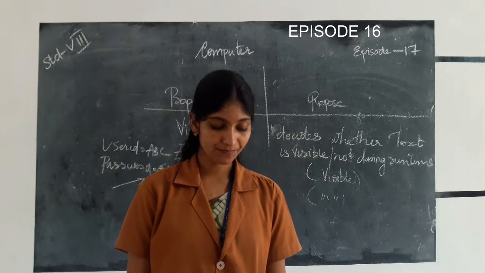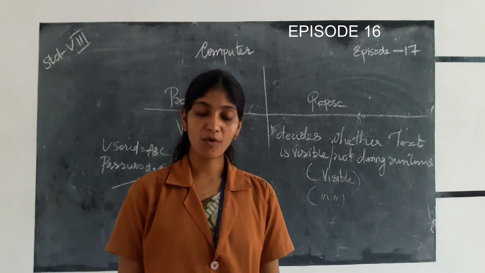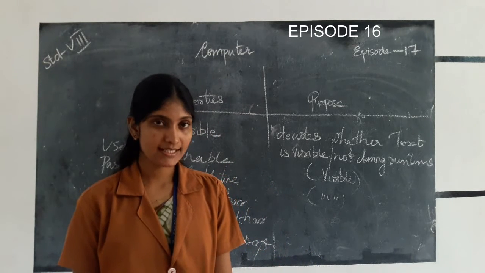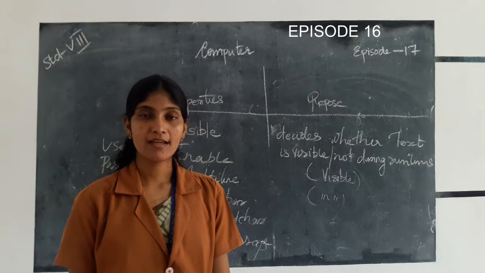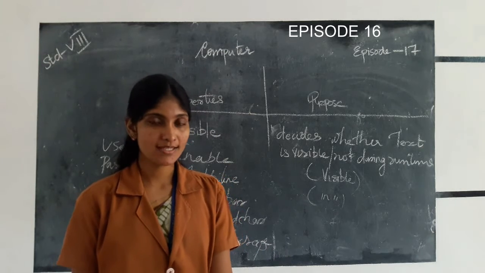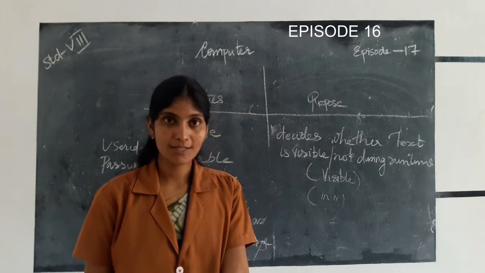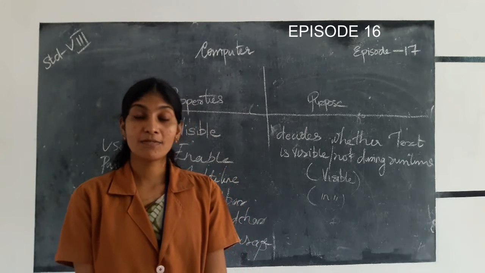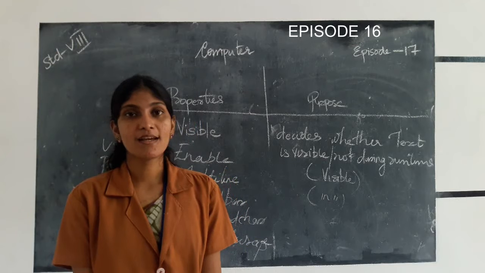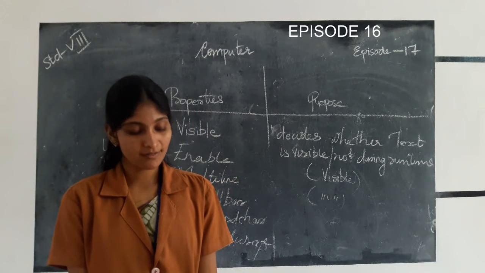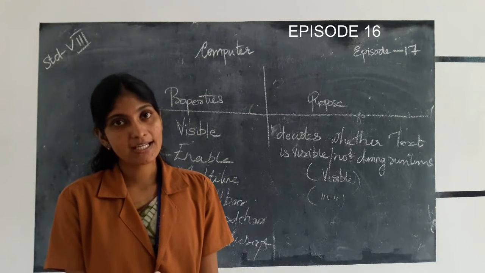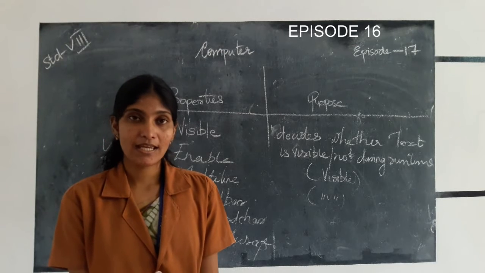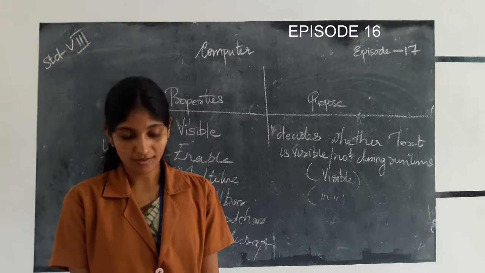Then font, it sets the font properties which you see inside the text box. Then next is fore color, setting a color for the text you entered in the text box. Then visible, if visible is equal to true, then the contents are visible during runtime, otherwise it will be invisible during runtime. Then enable, it decides during the runtime whether you can enter the text in the text box or not.